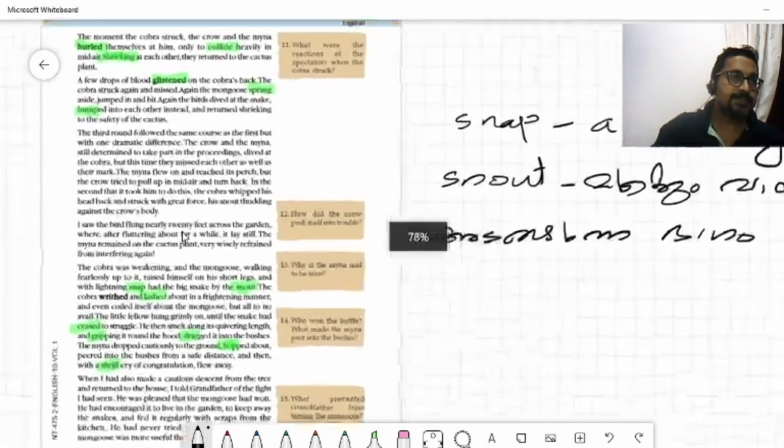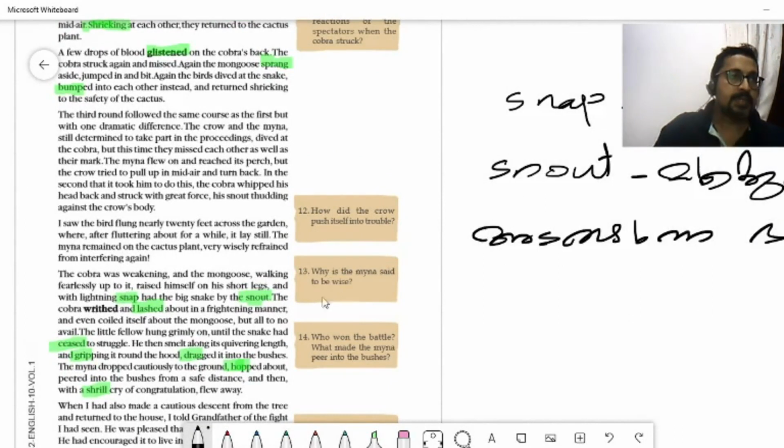Then the cobra writhed in pain. Writhed,